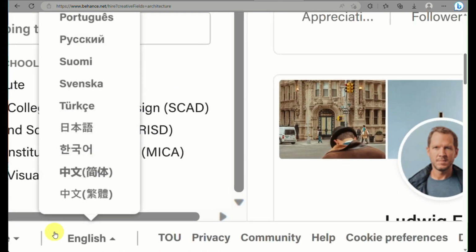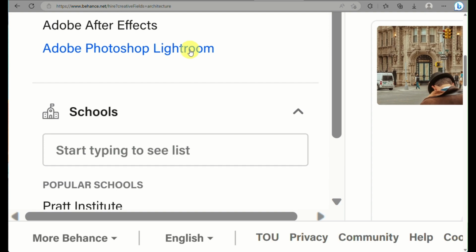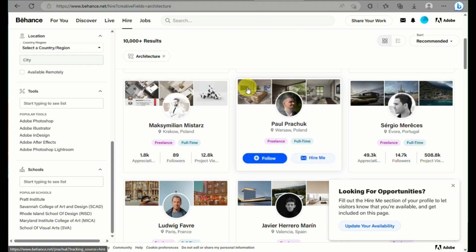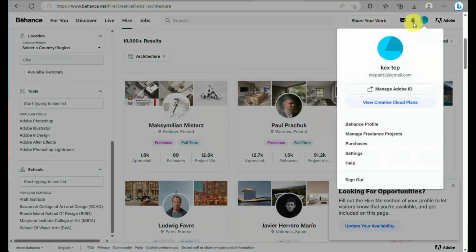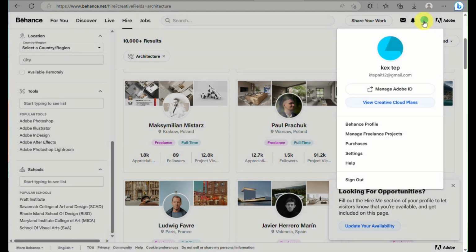And then here you can click on location. You can also modify the tools that they are capable of or comfortable using. And here are some of the results where you can click on follow, and then you just click on hire. But in order for you to start creating your own profile here, like these people,